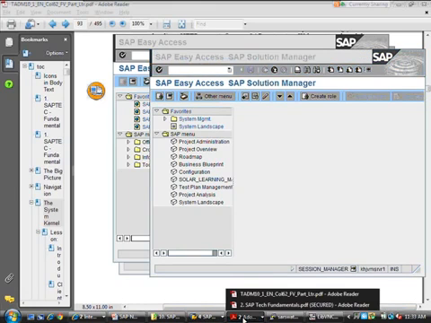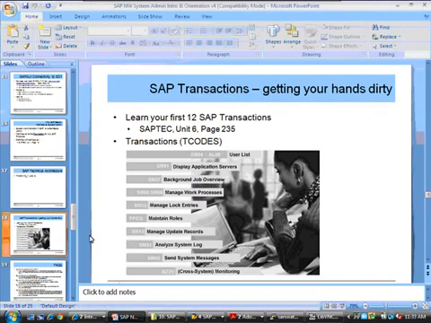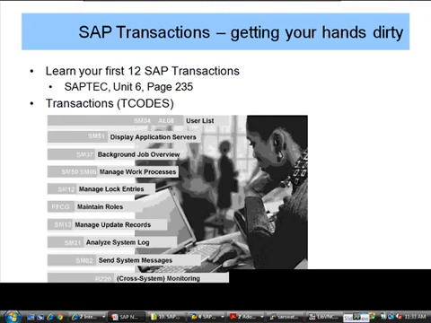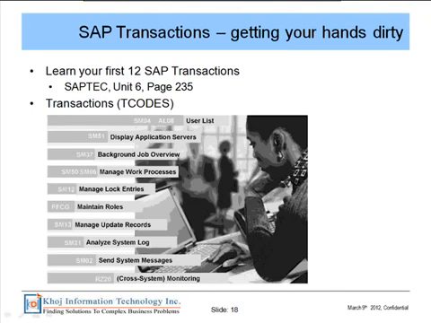So coming back to our PowerPoint presentation, some SAP transactions, and I think we have seen some of these. Getting your hands dirty, for you to try some of these transactions. So we looked at SM04 and AL08. SM04 gives you the user list.